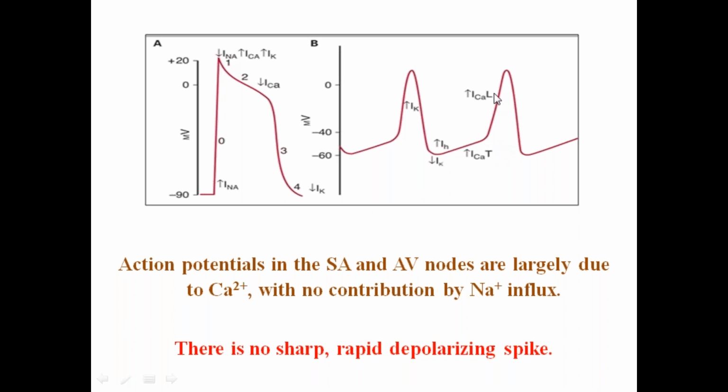But if you see the depolarization here, it is not because of sodium channels, rather it's because of long-lasting calcium channels, and long-lasting calcium channels are slow opening channels. That's why the depolarization is not so steep. That's why we call them slow action potentials. So this is a pacemaker potential, which you get in the SA node and AV node, and this is your fast action potential that you get in atria and ventricles. This phase we call the pre-potential, which carries the membrane potential from the resting level to the firing level.